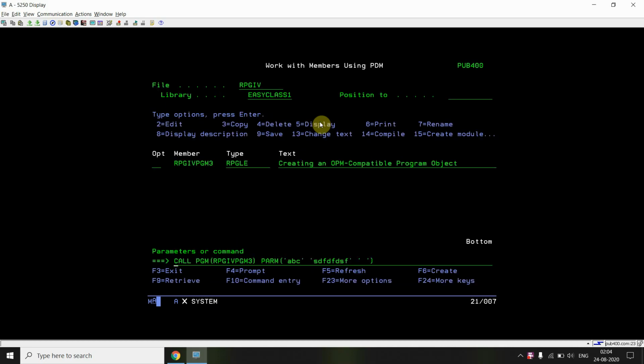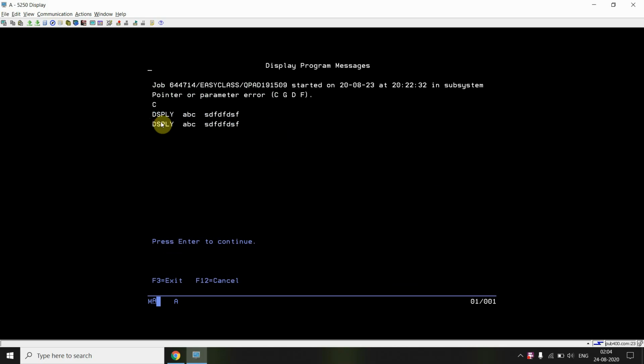We will see the result here. This was the result displayed on the screen. ABC followed by spaces, since this is a 5 length string and this is a 10 length string, so we didn't remove the spaces while concatenating; we are concatenating as it is. So the result is like this.